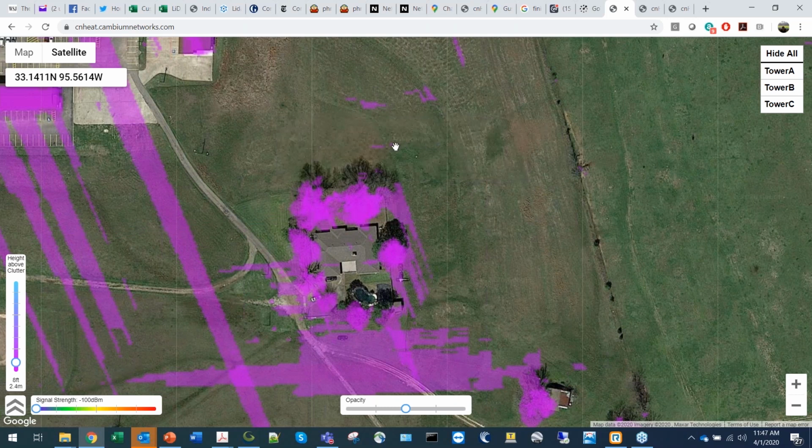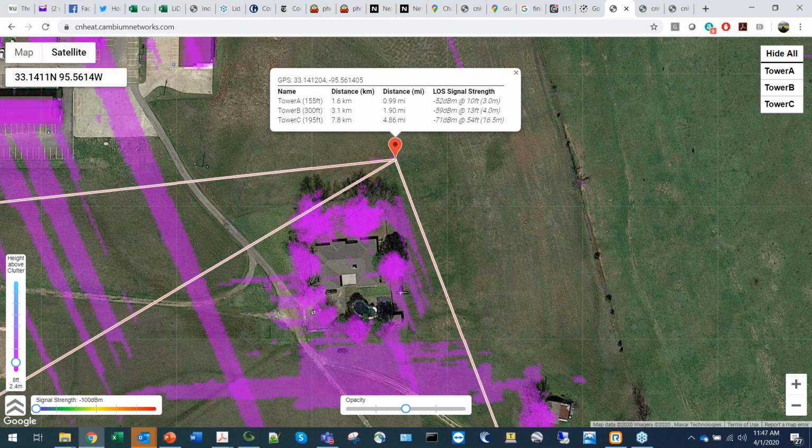But if I go up here, what I see is now I can see the west, and if it's not a big deal to go here and I really want to provide coverage from the west, I have the ability to install at 10 feet here. So some of the nice things about cnHeat is it gives you the ability to see the different towers and their coverages, and then you can click to see what your options are, to see the values of where your distance is to the different towers and how high you have to get a line of sight. And then it also gives you your RSSI value that you can anticipate.